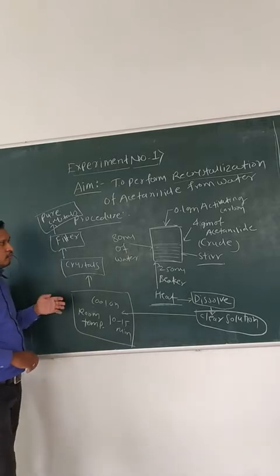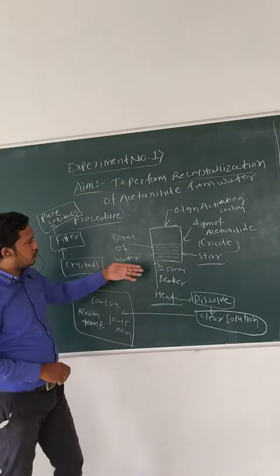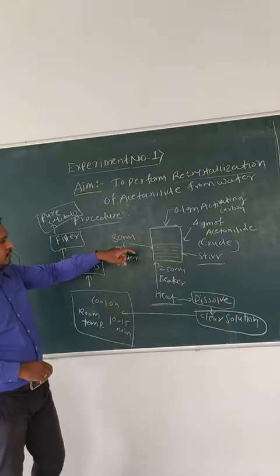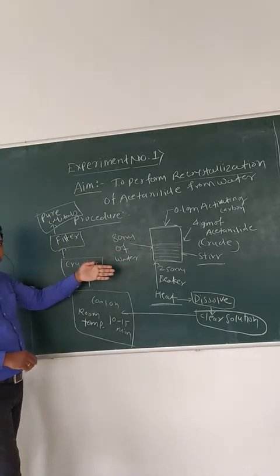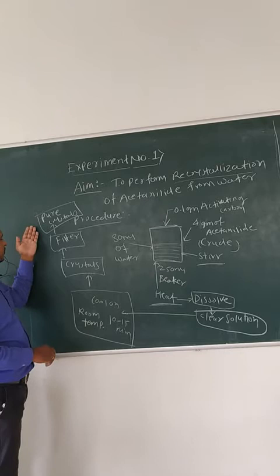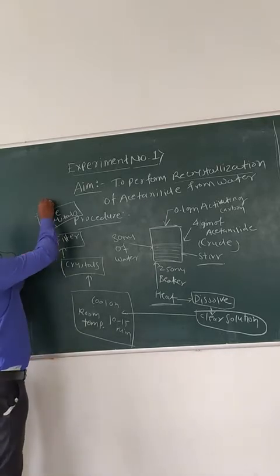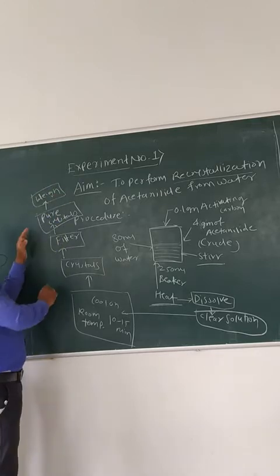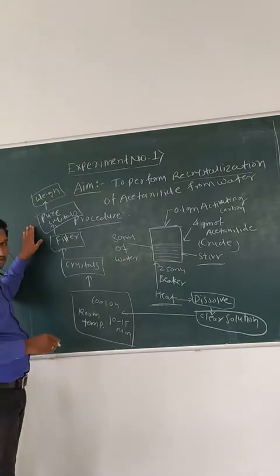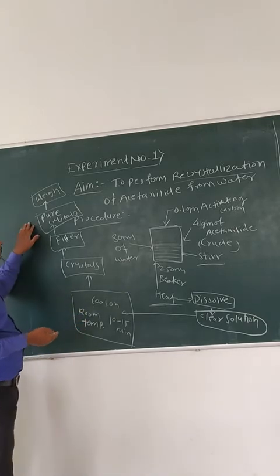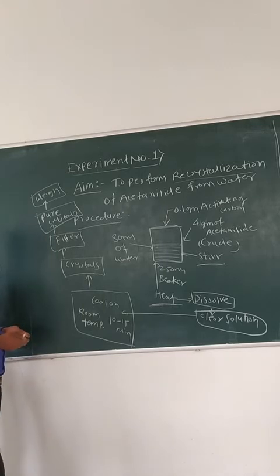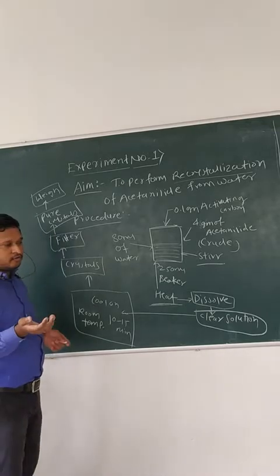Before performing this experiment you have to weigh accurately 4 gram of the acetanilide. This 4 gram weight you have to take before the recrystallization, and after the recrystallization you get the pure crystals, and you have to weigh them. Whatever the weight after the recrystallization, you have to put into the formula. So for the calculations of the recrystallization of acetanilide, we have the percent recovery.